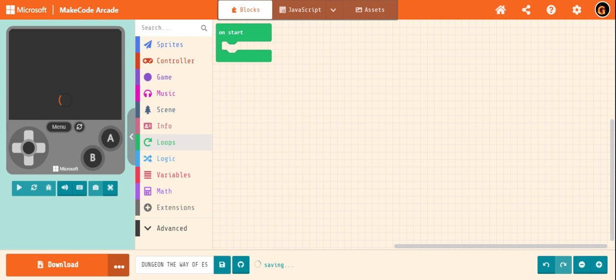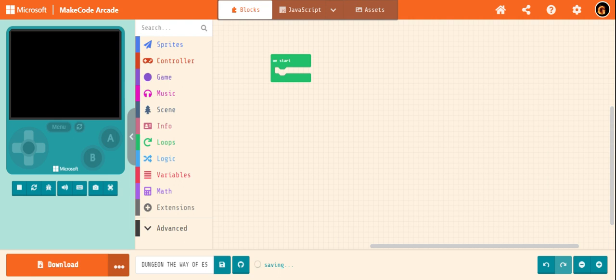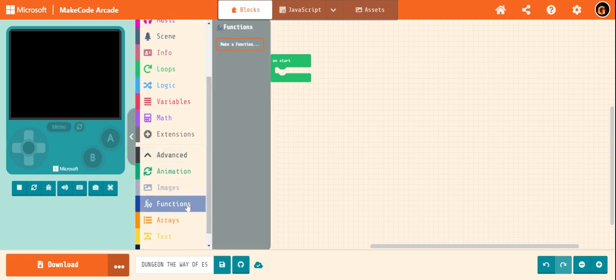After you create it, you shall get this on start block. After that, we shall first create the function, that is level num. Here in this function, the levels are created.